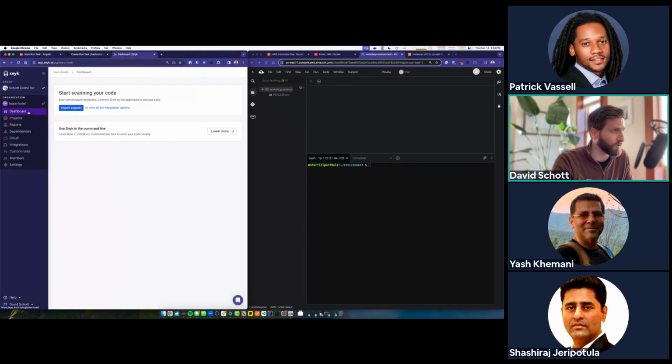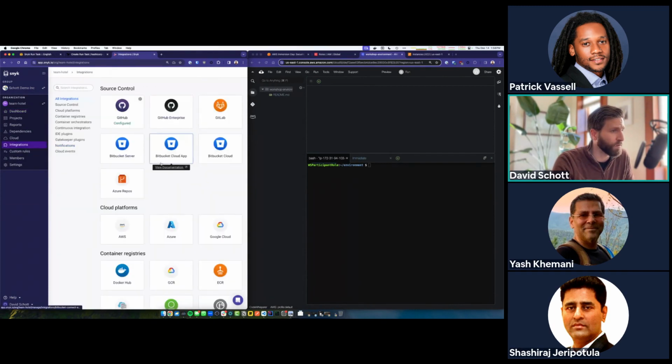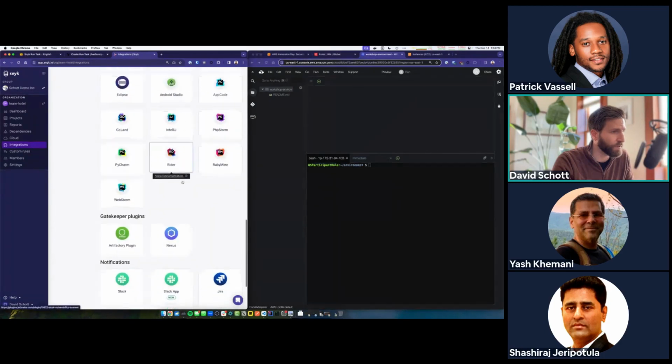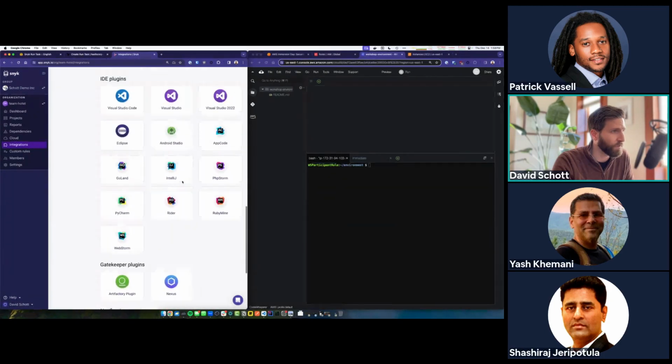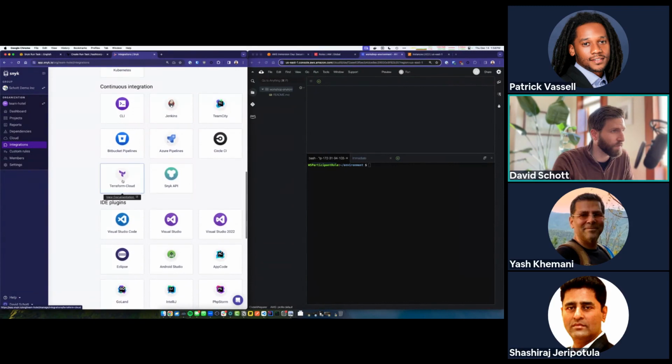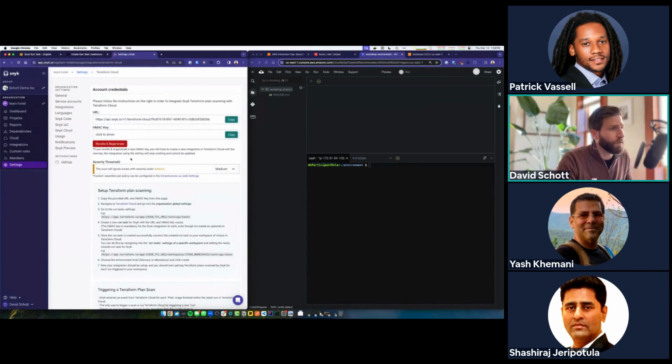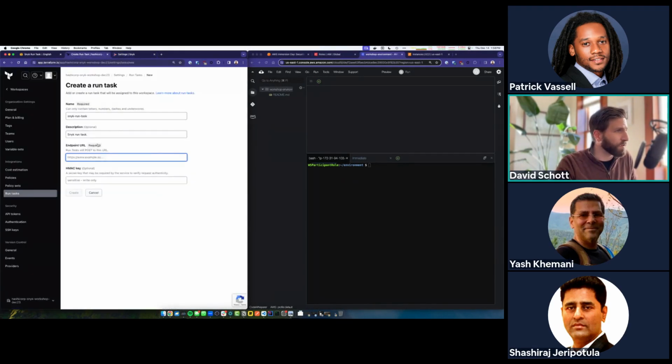So again, over in our Snyk account, click on integrations, and you can scroll down or you can search, but we should find Terraform Cloud in here somewhere. And there it is. It's under continuous integration. And once you're in Terraform Cloud, just like the instructions say, this has the two values that we need to copy paste over into the run task configuration.